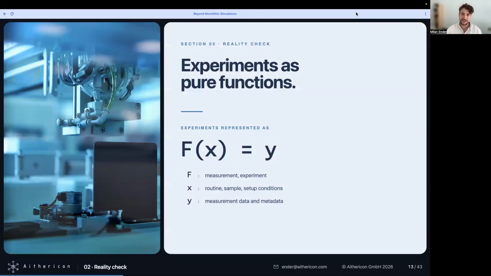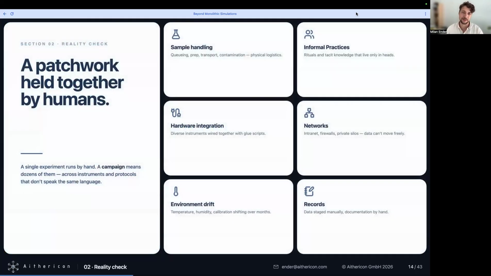So if we now want to look a little bit into where things are today, or what challenges we really face. Of course, we have this abstraction. We say, okay, one experiment is one workflow. But of course, there are a lot of individual hurdles and steps to overcome, from sample handling, from informal practices that are not properly documented.